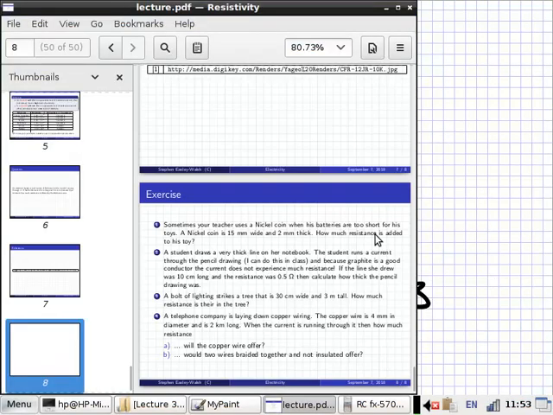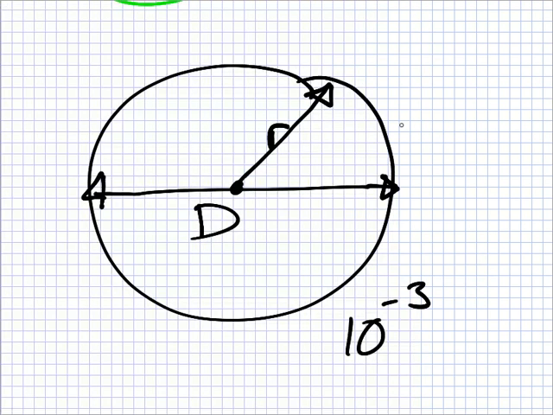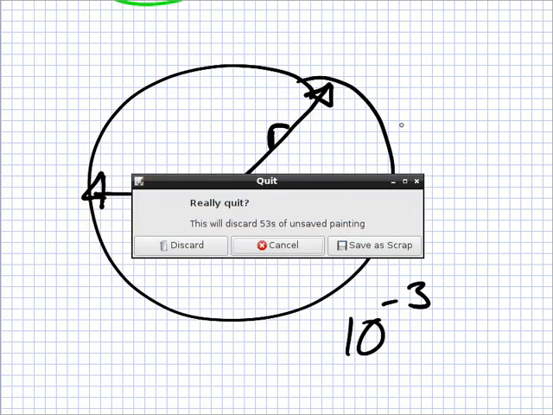This is a formula book. The last few pages of the formula book. You've not noticed this? No, we're almost done with the book. 13 pages left after